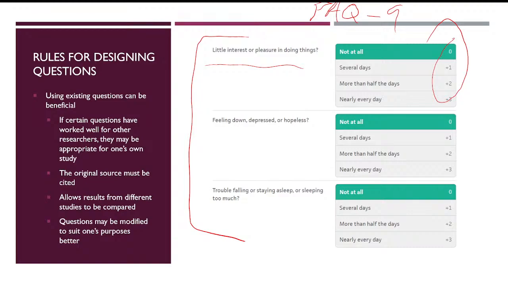In those scenarios, definitely, if you heard something concerning, like if one of the questions is, I feel like killing myself, I don't think that's a PHQ-9 question. It's a little too direct. But if it was, and they answered nearly every day, you could offer that information. Again, I think that's as far as you can go, especially if you're not a clinician.